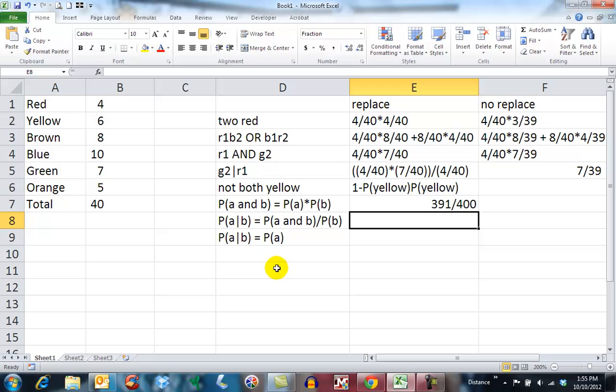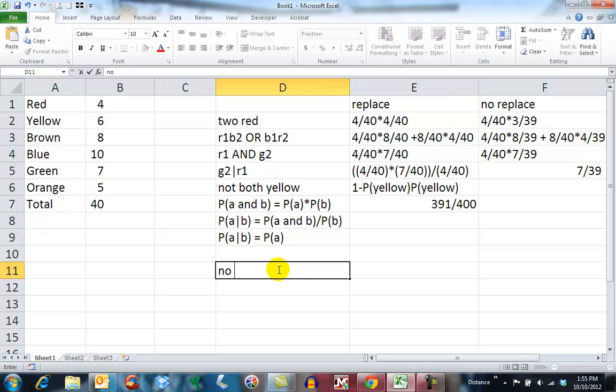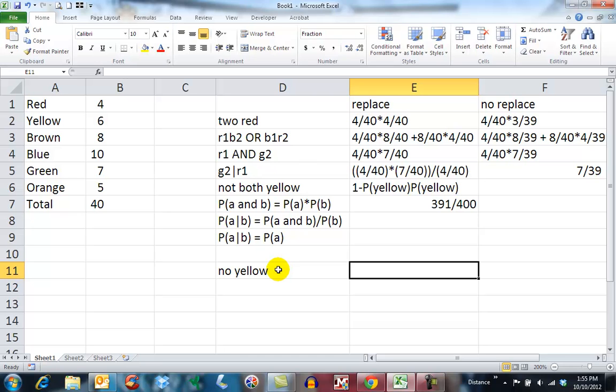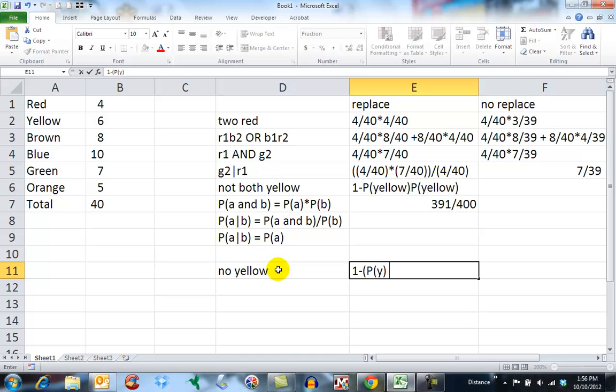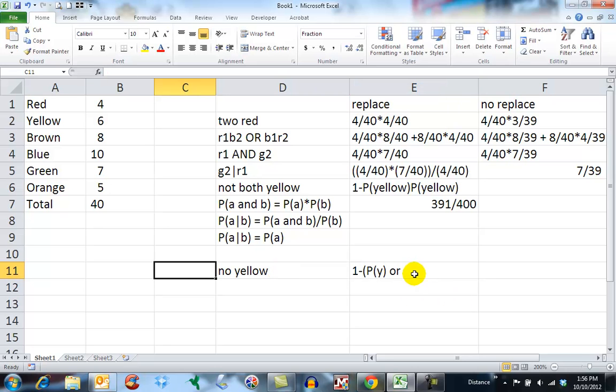So if it was just not yellow, that's going to be 1 minus the probability of y1,